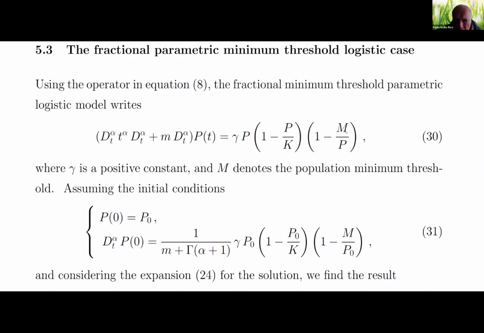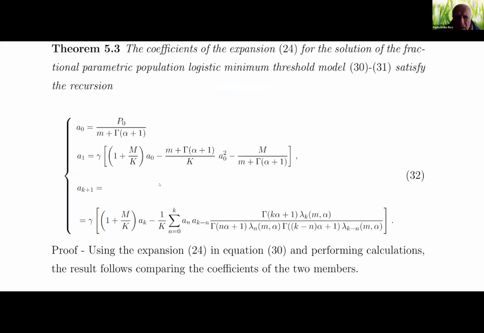So this is introduced by this parameter capital M. Assuming this initial condition here, and also always considering the solution in the previous form, like an expansion with a_k coefficients, in which into the denominator appears the lambda_k function defined by Diego, it's possible to find that the solution of the